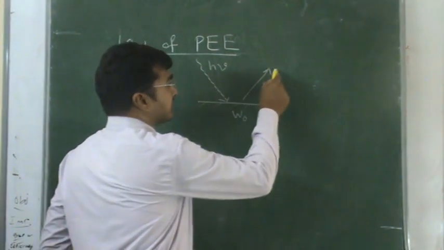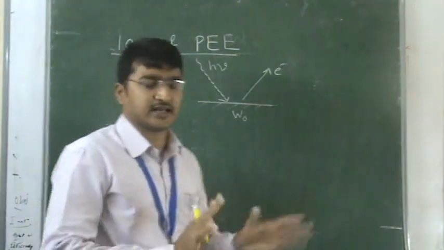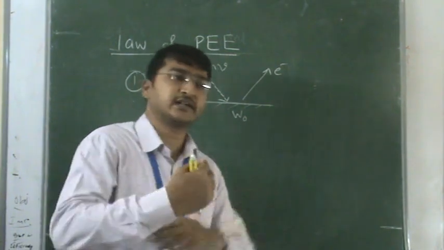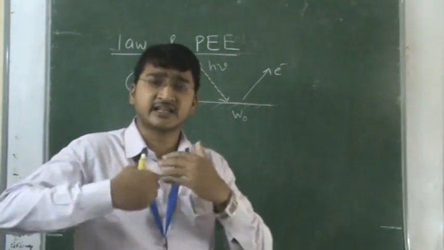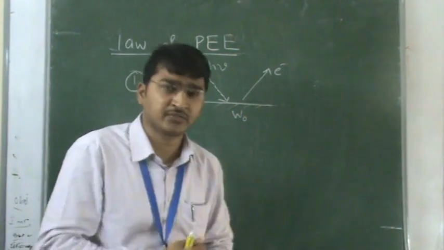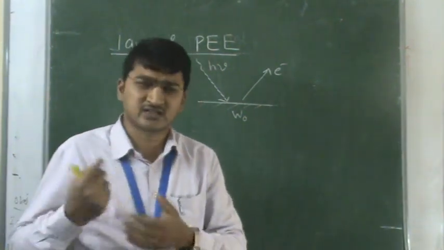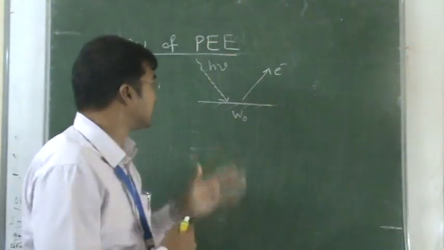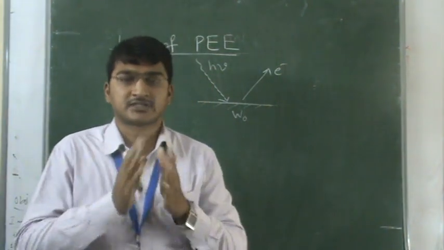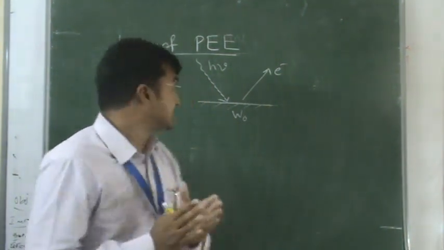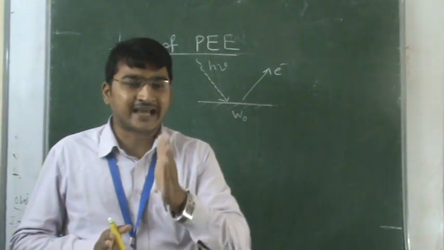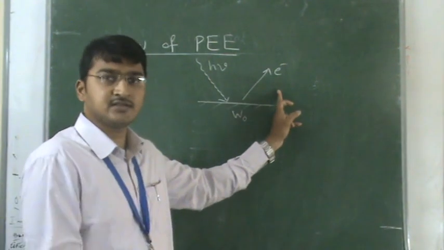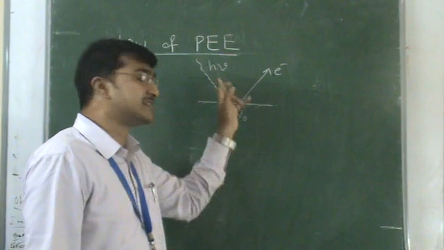So electrons are ejecting from the metal surface. This is clear. Everyone knows this. Is there any time lag between the incident light and the ejection of electrons? Does it take some amount of time? For example, if you switch on a light, there is some milliseconds of difference. But here, the photoelectric first law says there is no time delay of ejecting of electrons when the light is incident on the metal surface.